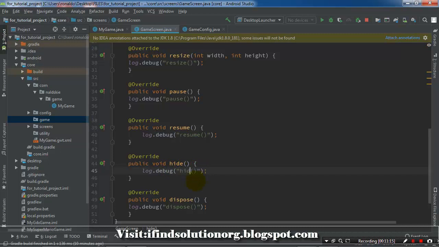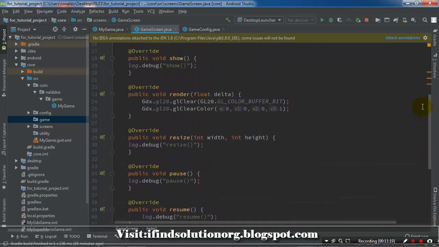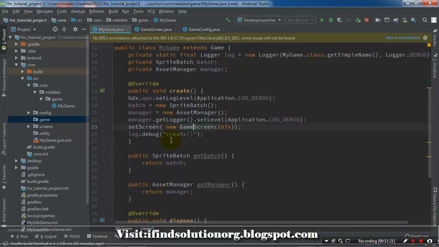So hide. So once you already done that, you can go back to my game, set screen to new game screen, and